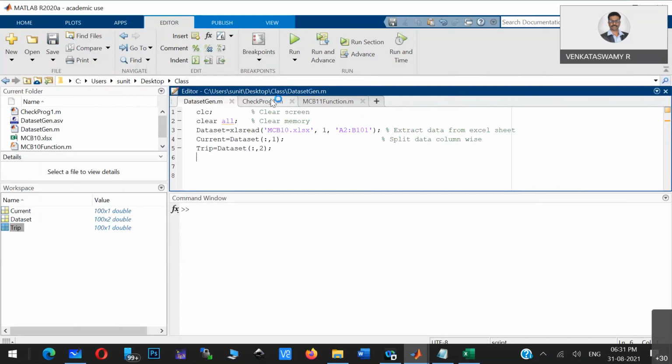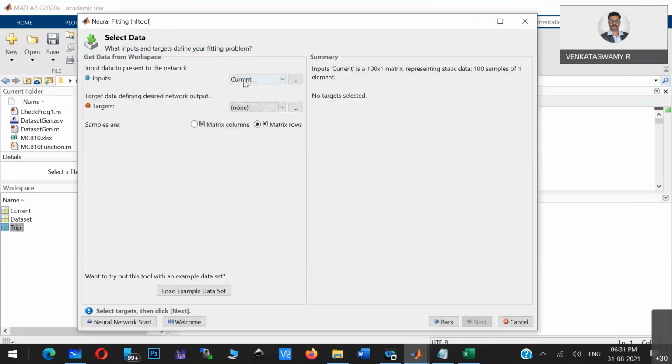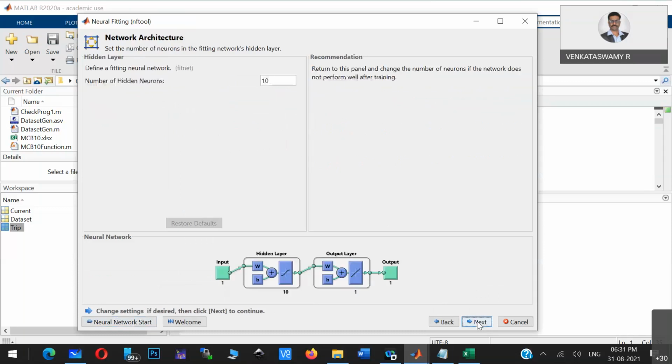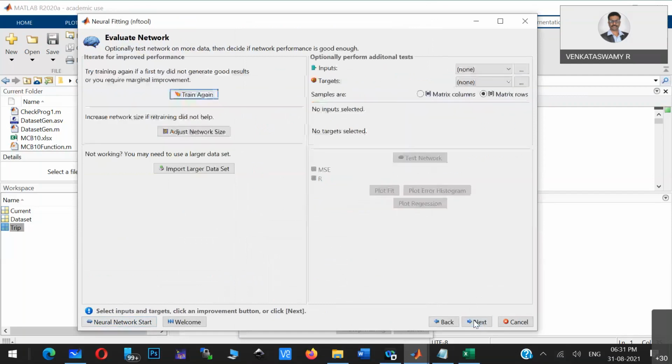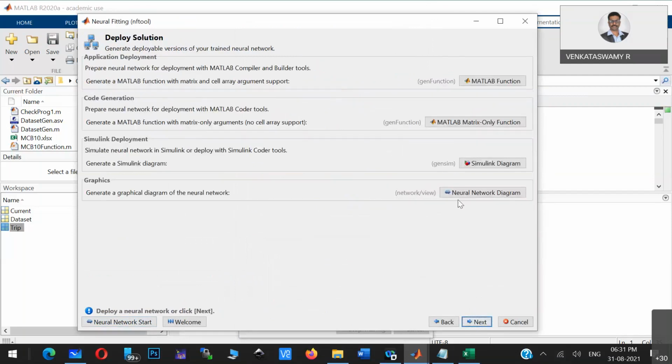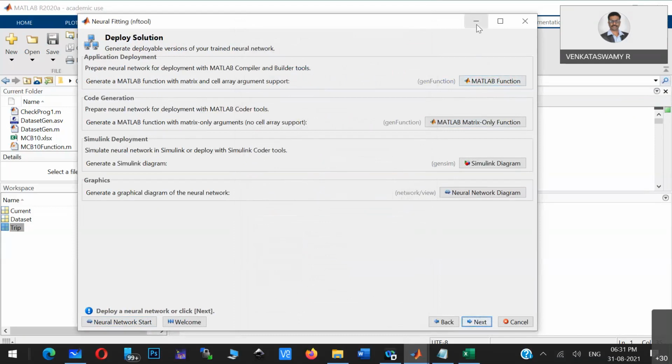Then I just train that data using the neural network toolbox by selecting the input and the output data, and then you just have to click on train. After that it will train, then click on next, and you will land up here, and you have to click on MATLAB function. This MATLAB function will produce one function, and that function is basically your system.